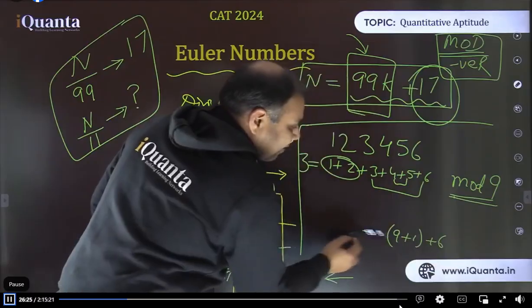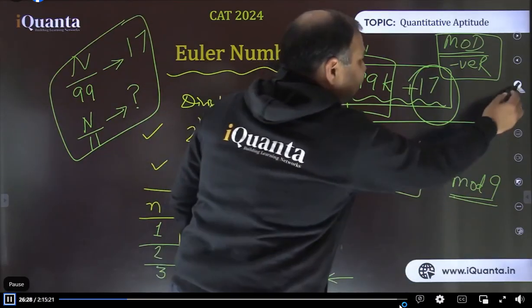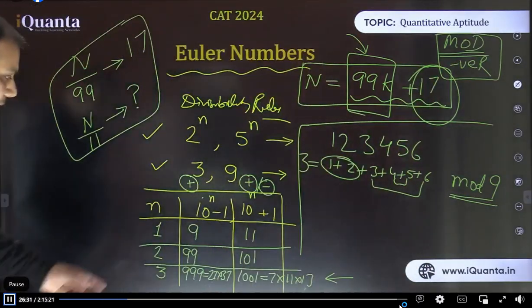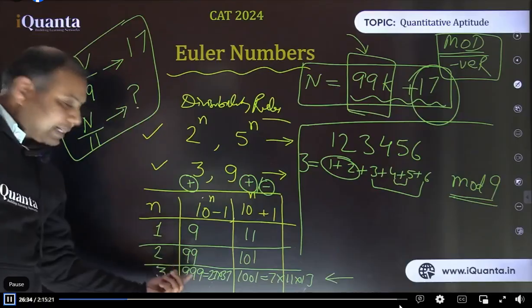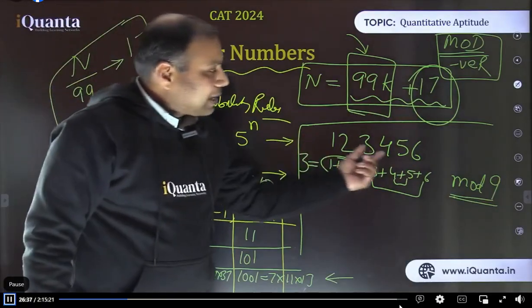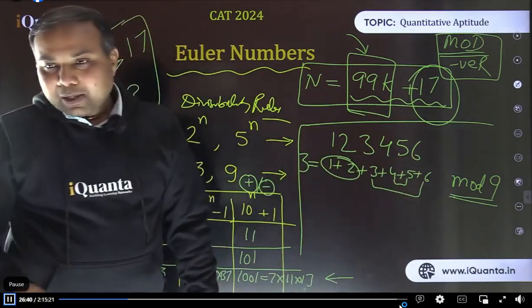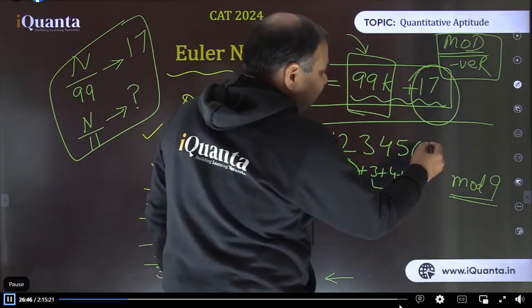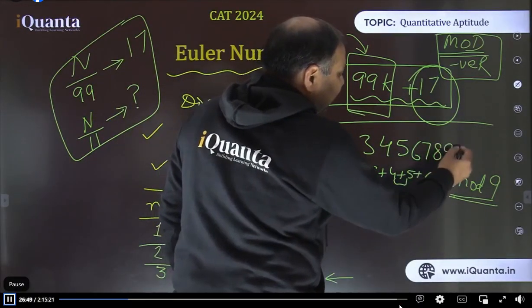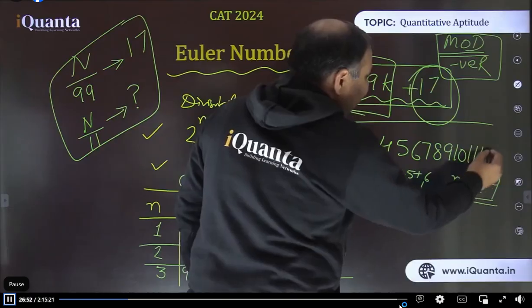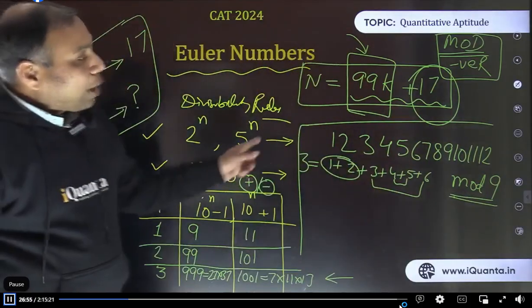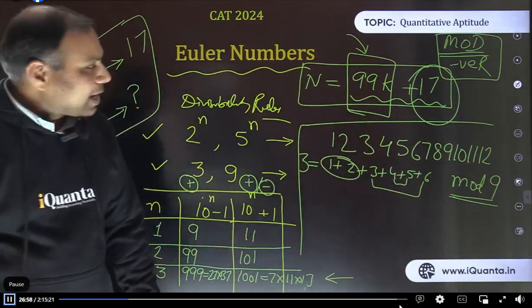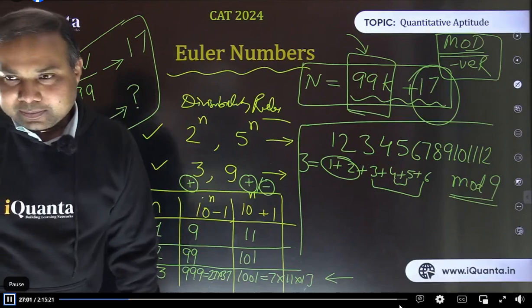Okay, so for 9 I was telling you that adding single digits at a time is not the only result. We can make use of the rule of 99 as well, or 999 as well. It means that if we have numbers which have two digits, those can also be added. For example, let me give you an example. 1, 2, 3, 4, 5, 6. If I include 7, 8, 9, 10, 11, 12, maybe till that point. Now how to find the remainder of this number with 9? Can you find the answer fast, please? I'm waiting for your answer.